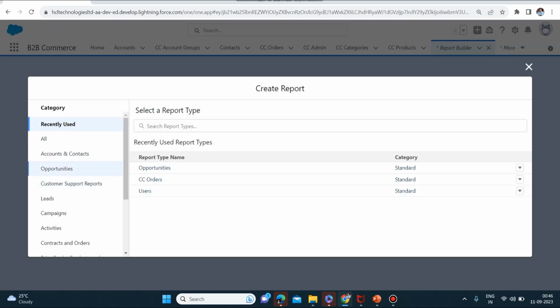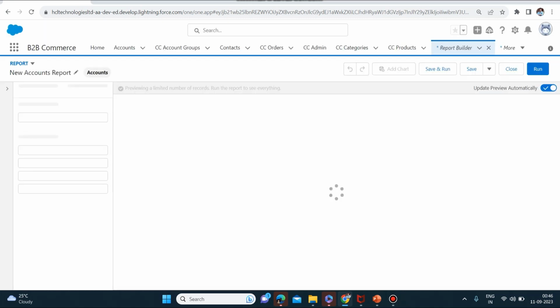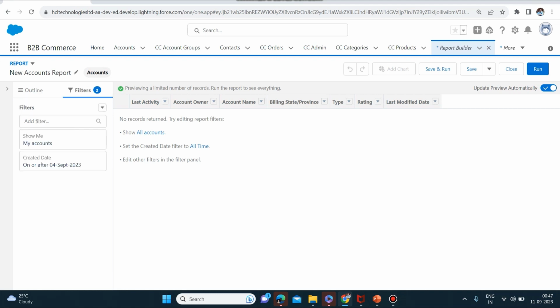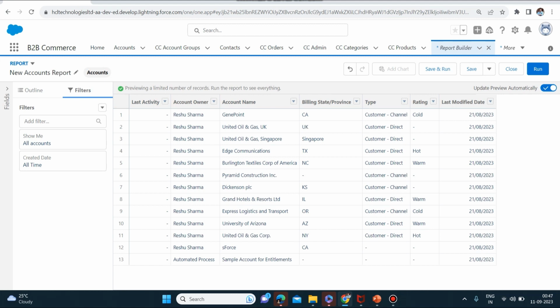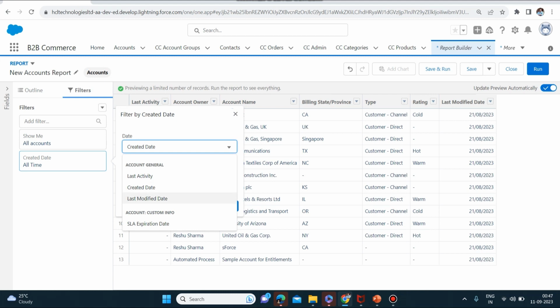So one more report I will be creating for accounts and contacts and accounts. Okay, so start report. Now you can see that it is not showing the report because there are so many records here. So what we can do is from the filter also we can put some filters. For example, it is showing created date on or after 4th September. So let me select first all accounts and all time. Okay, so it will show a long report, and then I will put any filter. For example,